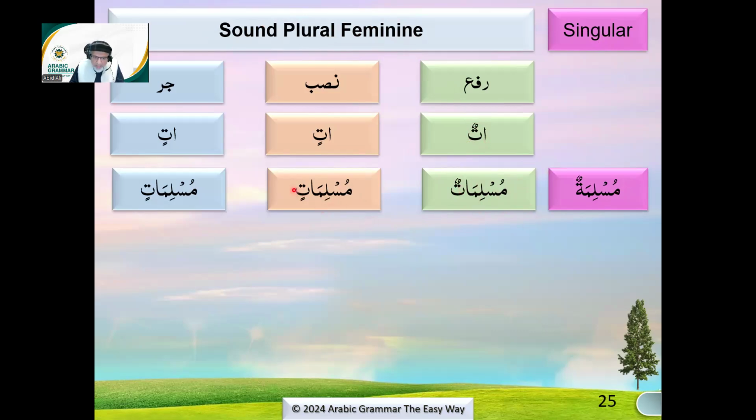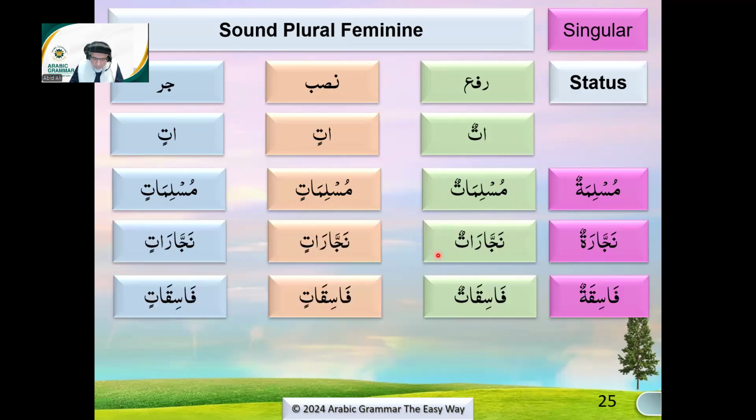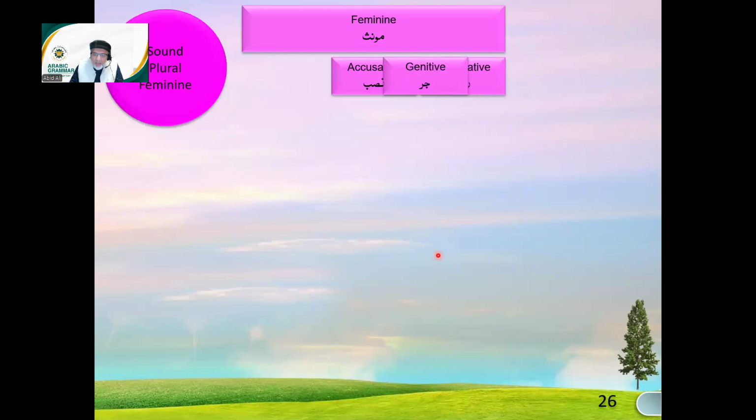If you say muslimatin is jar because there are kasratan, then you are wrong, because it's the atin sound and not the haraka, because the haraka only plays a role in the singular or the broken plural nouns. The other three groups, the reason we differentiated them is because they have the ending sound. So you can see these are some of the words you can look at.